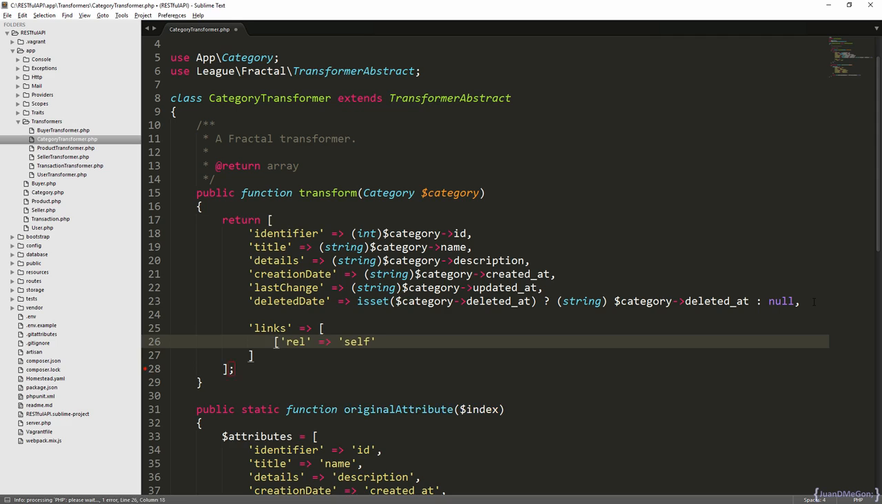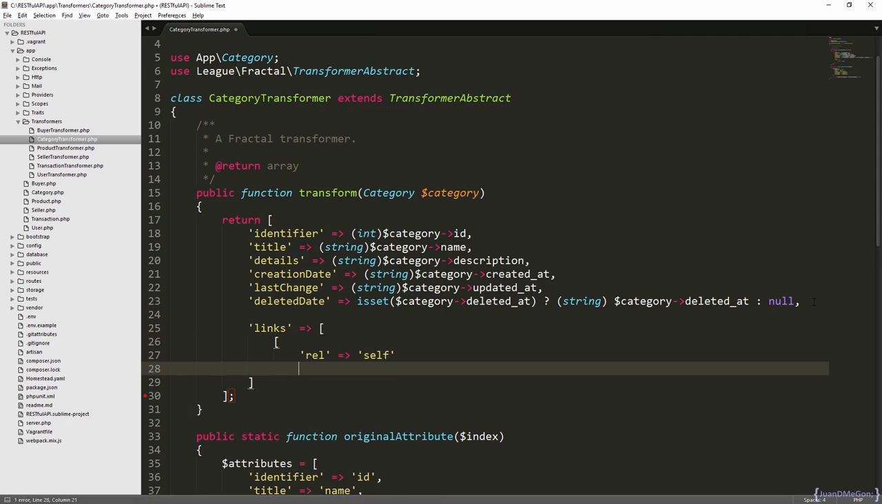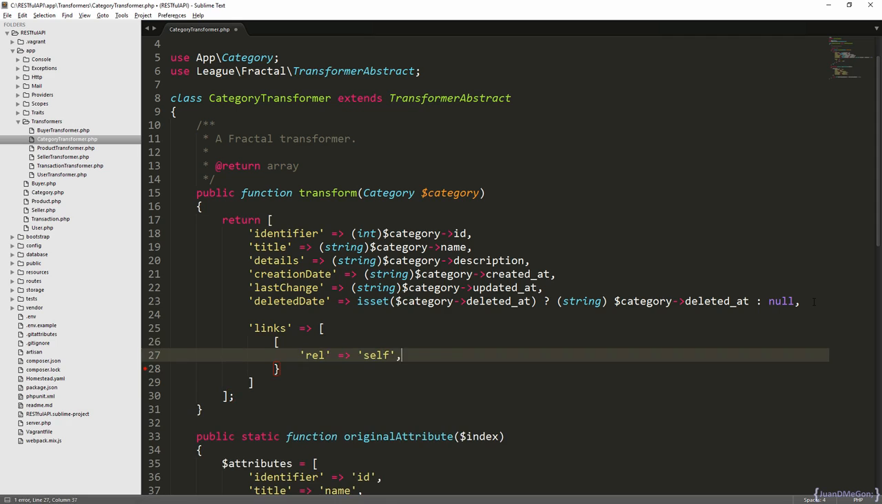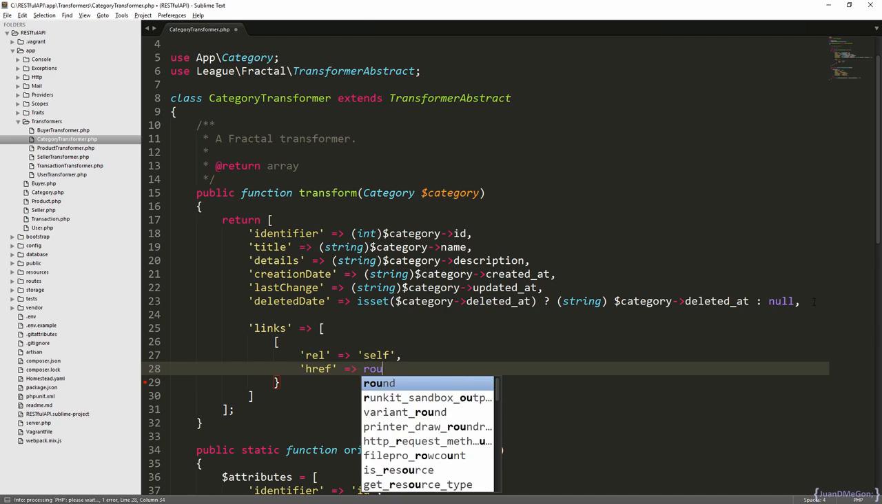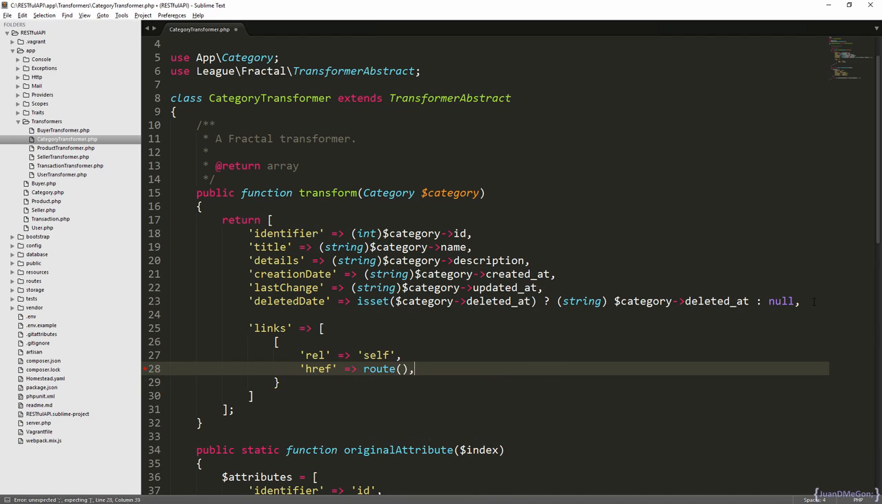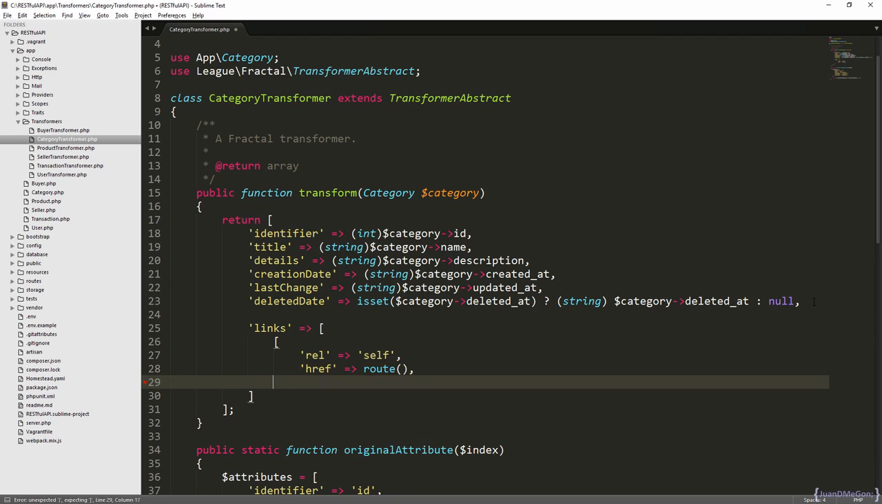In fact, it is going to be inside another array, and there we have the href element. This is basically the link. Now, the link is going to be very easy to implement. We are going to use the route helper and use the name